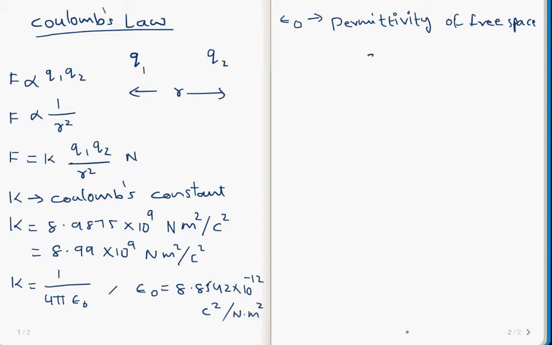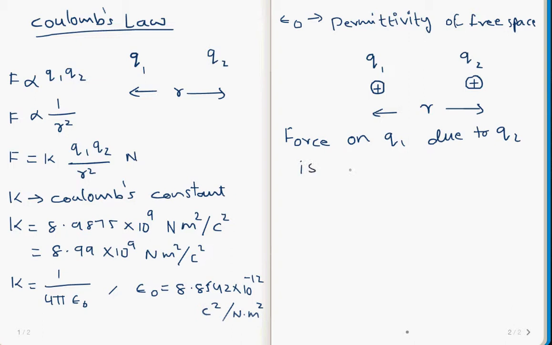For instance, Q1 and Q2, if both these charges are positive, separated by distance r, the force acting on these particles is repulsive. Now, the force on Q1 due to Q2 is